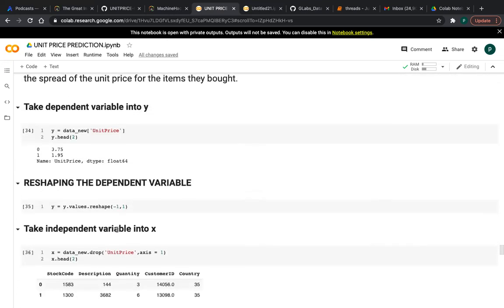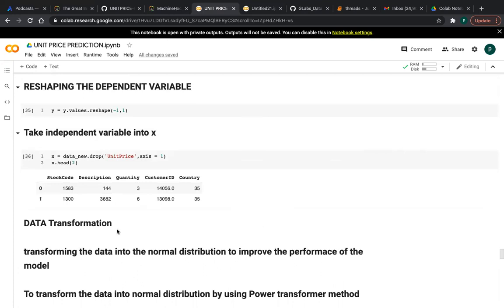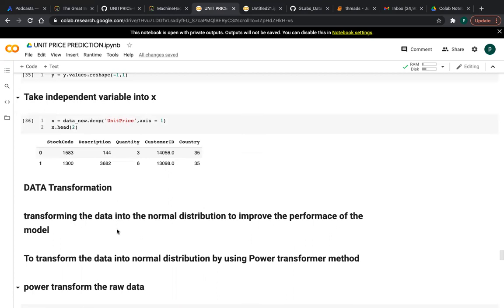After that, because there is some skewness present in the data set, we have to do data transformation, friends. Normally we check for skewness, and if the data is not in a normal distribution, we apply log values and similar techniques. But in sklearn there is one method, the power transform method.